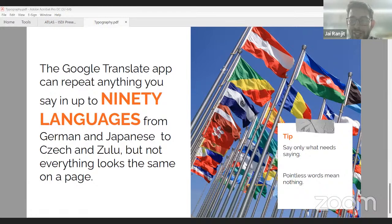How many of us can read Korean or Chinese here? Anyone? No? Okay. If you can, spend some time to look at the differences between Korean characters, Chinese characters, and Japanese characters, right? Handwritten stuff. And then look at it on your Google Translate app. It doesn't look the same. It doesn't feel the same, which means sometimes you don't read things correctly,